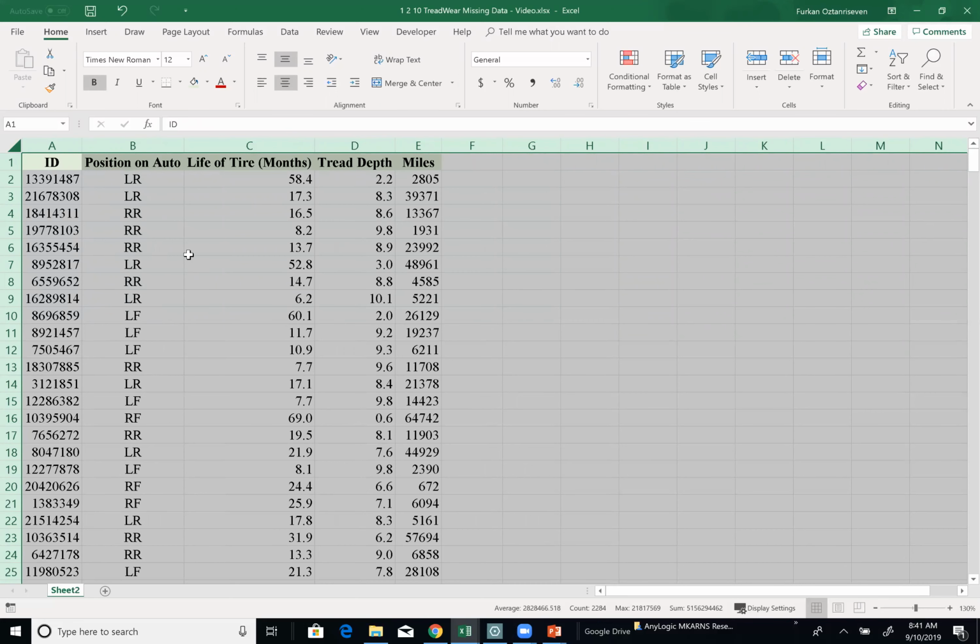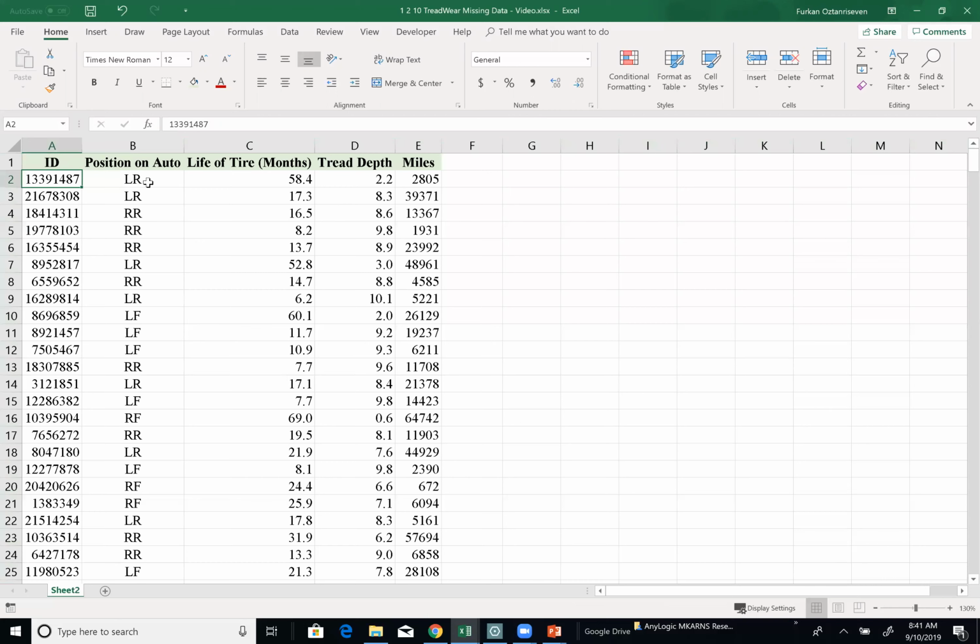Looks like I have ID numbers for each tire. I have the position in the car: left rear, right rear, left rear, left front. Where's my right front example? Right front. All right, so there are 4 tires obviously in a car: LR, left rear, RR, right rear, LF, left front, and RF is right front. All right, so you can see the life of these tires in months and tread depth, and